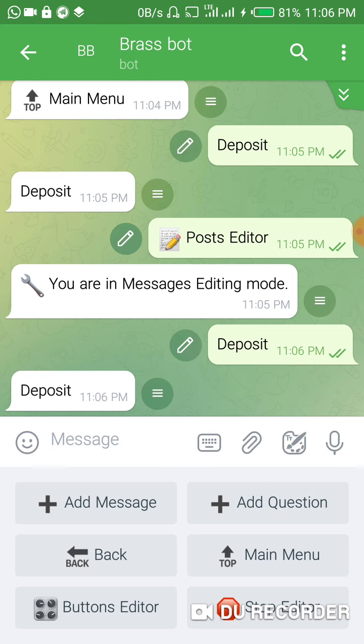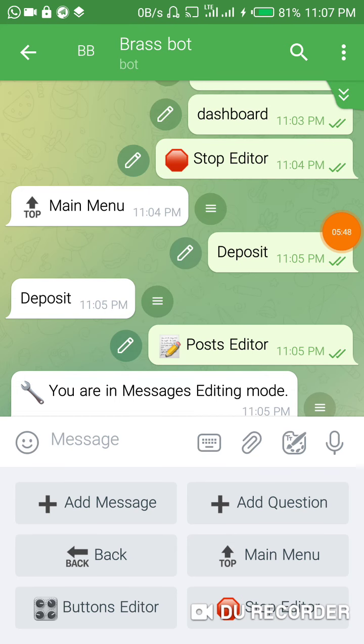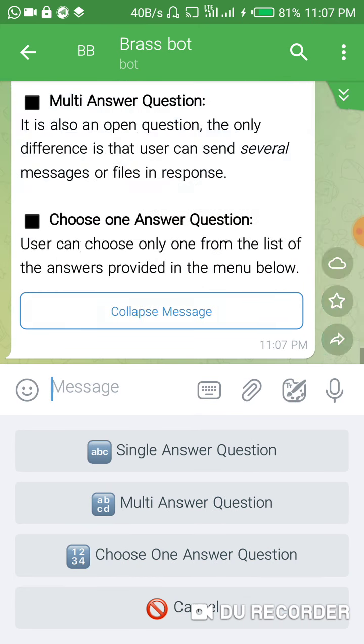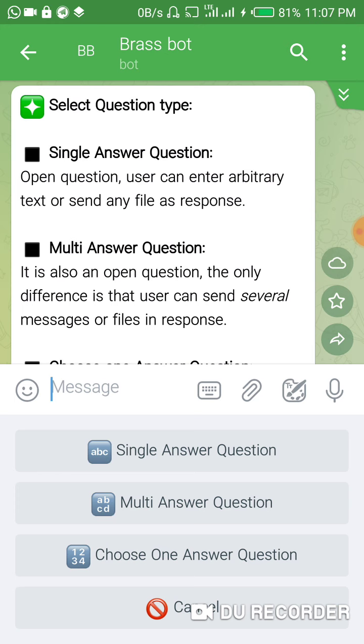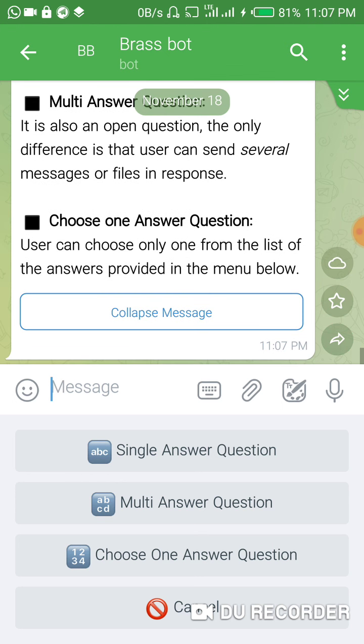So something like a deposit now. I want my user to deposit, so I'll click add. What should I add? Okay, for this I think I'll be adding a question. So I click on add a question. Okay, it tells you the three types of question that are available: the single answer question, the multi-answer question, and